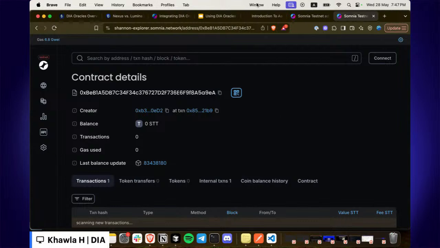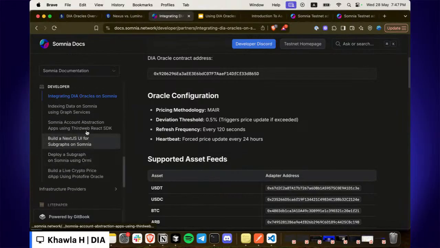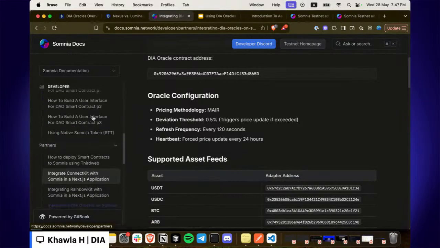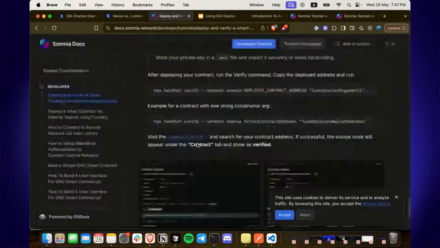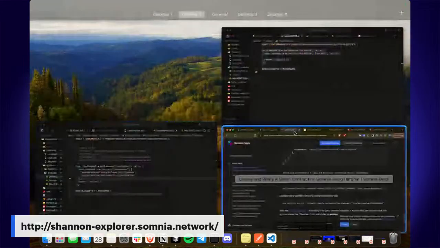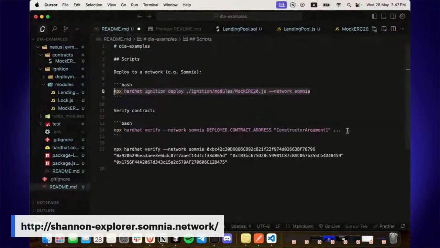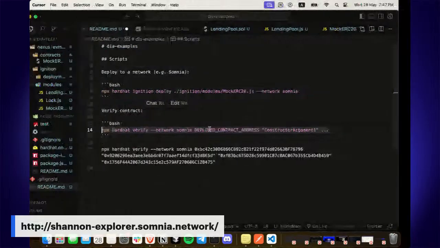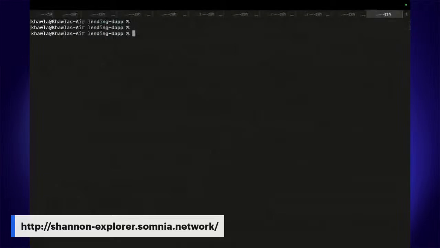So we need to verify. And Somnia got you covered in the docs. So we're gonna do that. Where's the command? You can use the command here. Yeah, okay, this is how the command looks like. First, I'm gonna verify the mock contract,